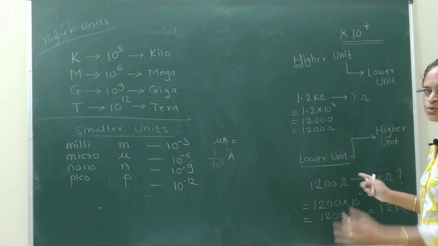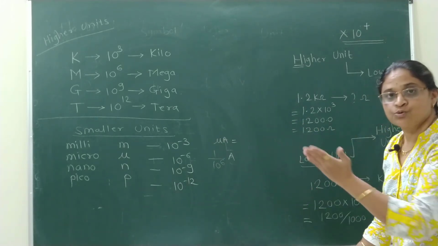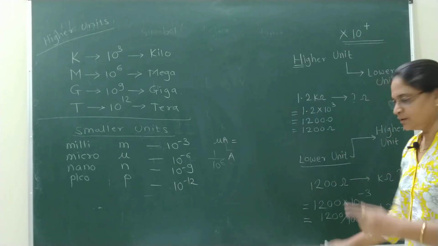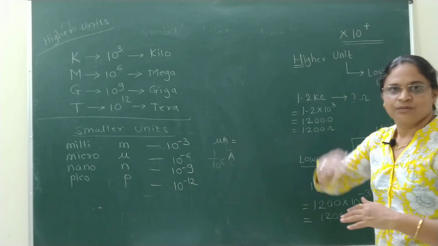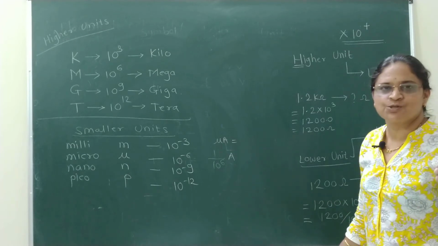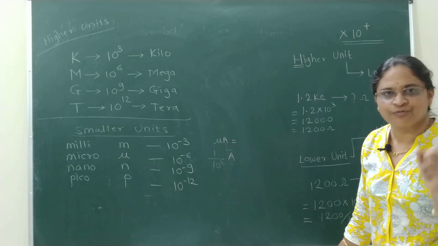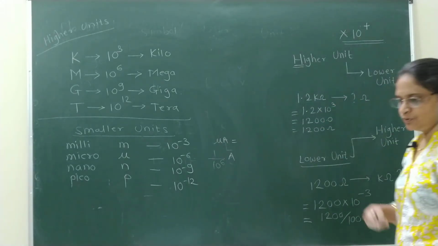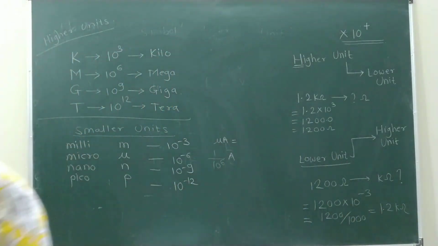1200, the quantity that we used. But when unit is ohm and when we are going to use kilo ohm, then we are going to use higher unit, so the quantity gets reduced. So shift the decimal point towards left means multiply the given quantity by negative power of 10. So for that we have to keep practicing. So let's try to practice the unit conversion from higher unit to lower as well as lower to higher.